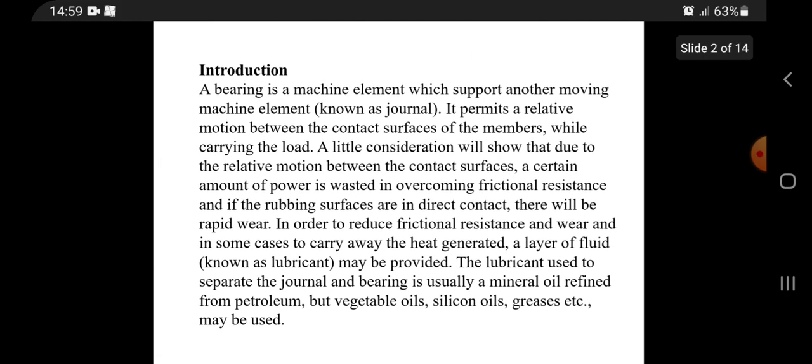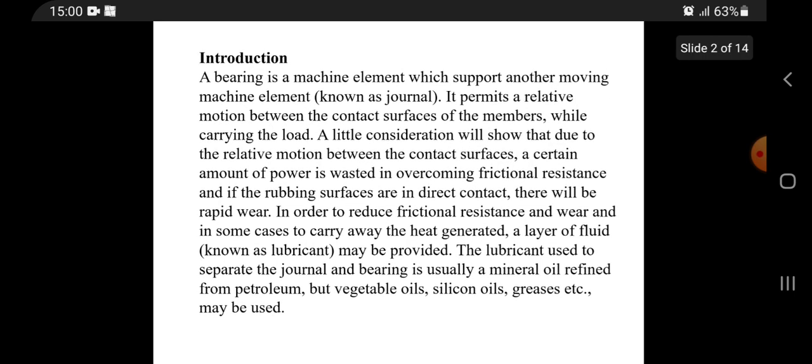Now, introduction of bearing. A bearing is a machine element which supports another moving machine element known as the journal. It permits relative motion between the contact surfaces of the members while carrying a load. A little consideration will show that due to the relative motion between the contact surfaces, a certain amount of power is wasted in overcoming frictional resistance, and if the rubbing surfaces are in direct contact, there will be rapid